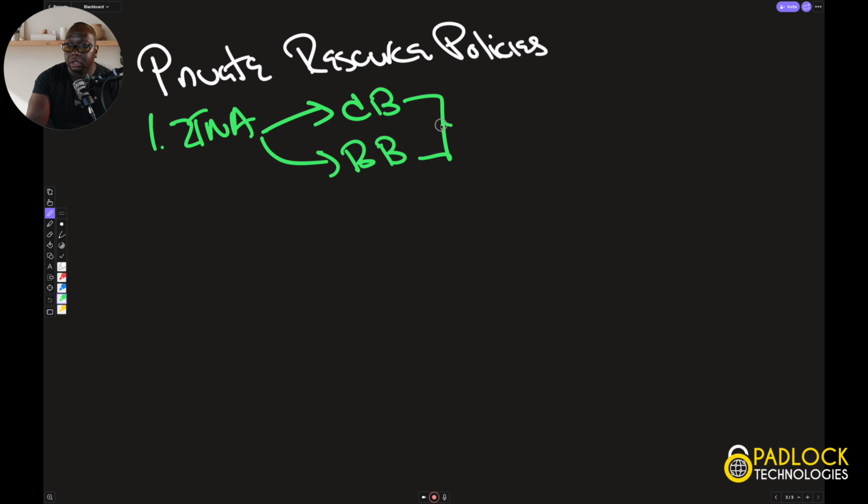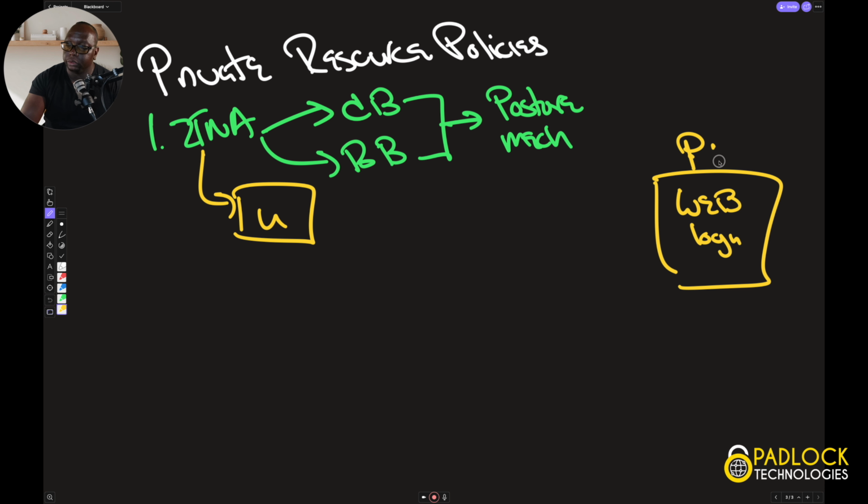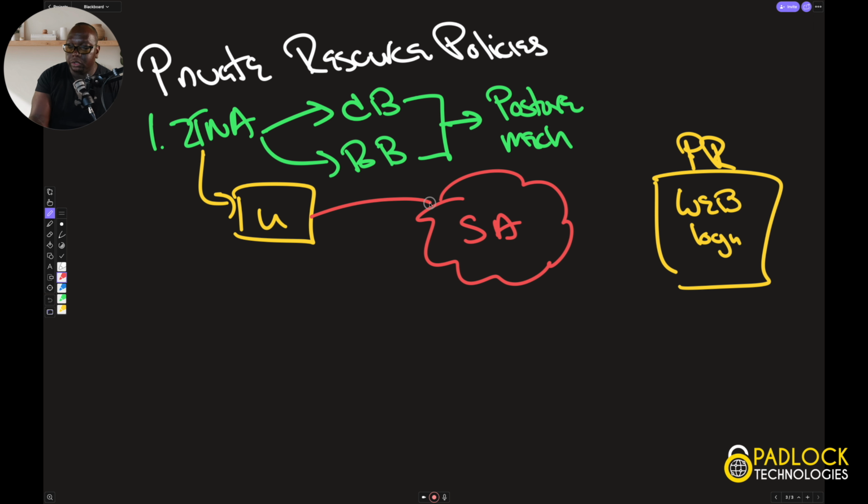Now, each one of these is going to have its own posture mechanism. Posture mech, right? Basically, it's going to be the front end to allow access to something. So you're going to have to sign in. So I will give you a brief description of this. Say a user wants to access a web server login page. And this is technically your private resource. And then we'll have Secure Access, SA, in the middle. So as they go through and they hit Secure Access,